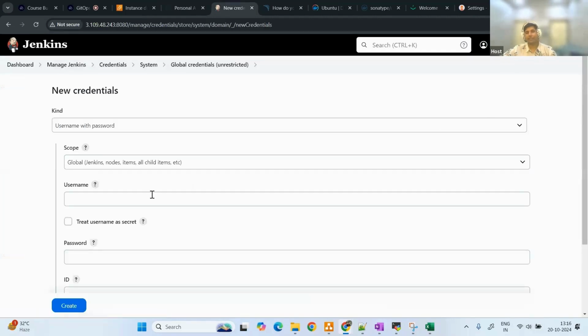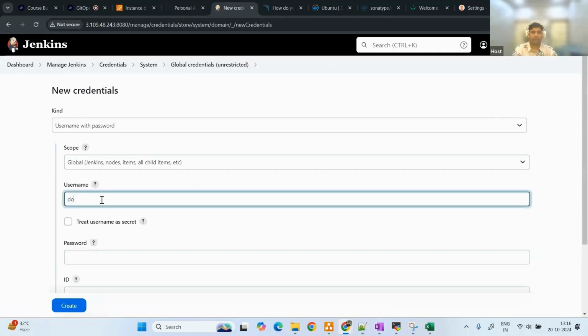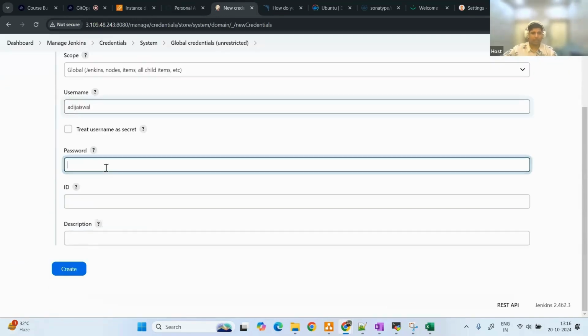Next credential that we have to add is going to be for Docker. So for Docker, you need to provide the username and then the password, the Docker registry password. Because I am going to publish my Docker images to the public Docker Hub registry, I need to provide the password. So I can provide the password here,